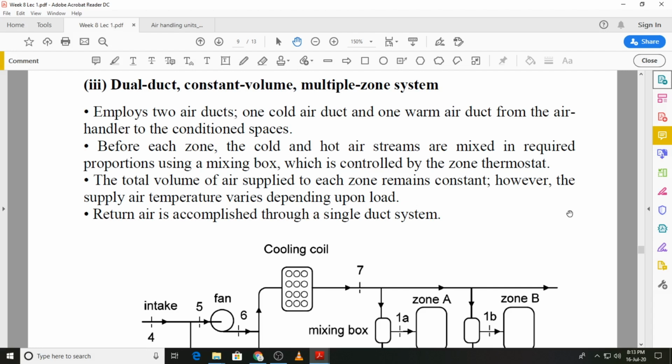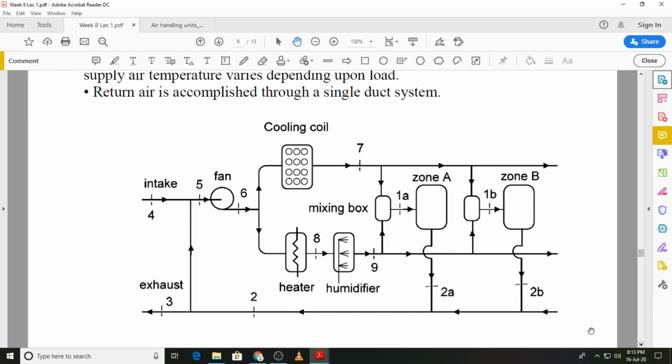And how this works, once we look at the schematic diagram, you will be able to understand that. First, look at the schematic diagram. You can see, because we have two ducts, one will have cold air, so there's a cooling coil for that. The other will have a heating coil for generating warm air, and it might also have a humidifier. If the humidifier is not there, we can still have a heater, and that will still be a dual duct system. So if you look at state 6, the air that we have at state 6 is divided into two streams. One goes over to the cooling coil, the other goes to the heating coil,